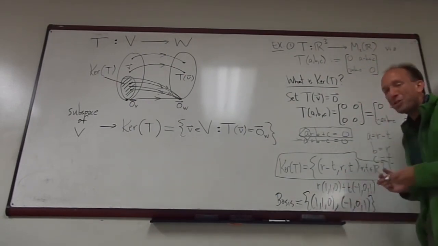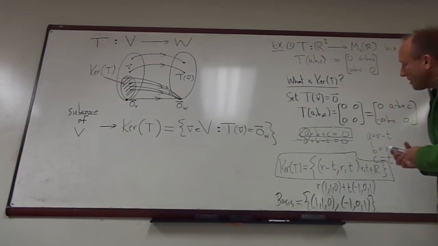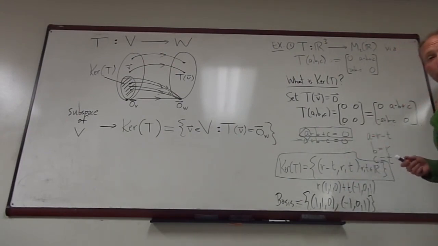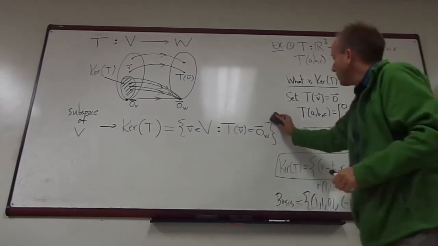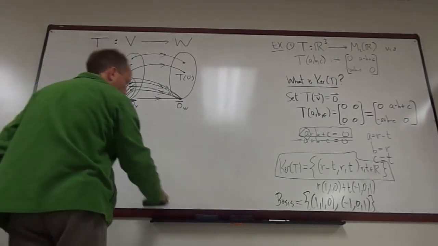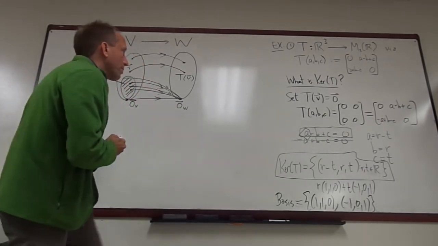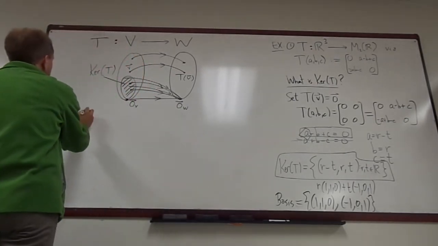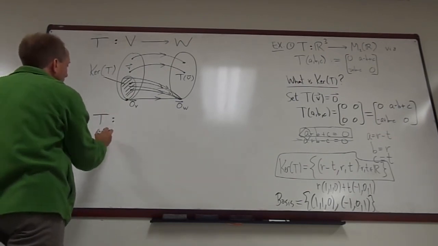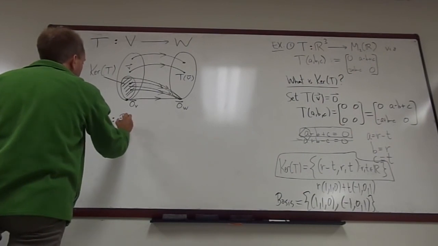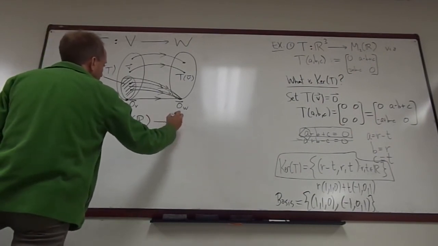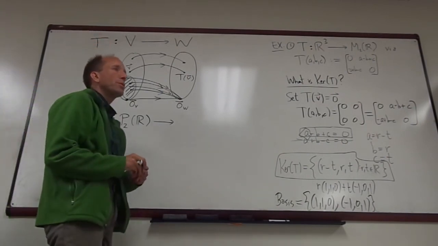the kernel is two-dimensional. So in some ways it's not any different than the kinds of stuff that you've done before. It's just being expressed in some slightly different terminology. Let's try another example just to practice this a little bit more. Let's suppose we take T to go from P2 of R to, if I want to use polynomials,